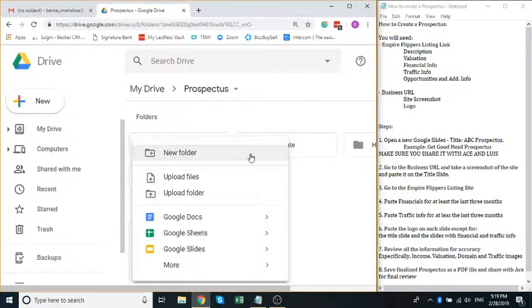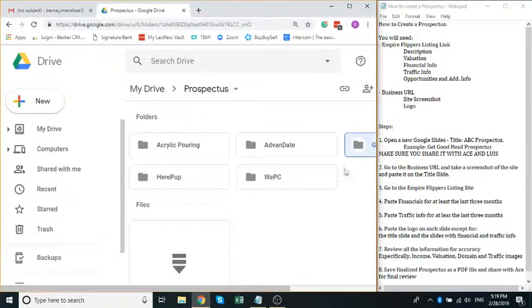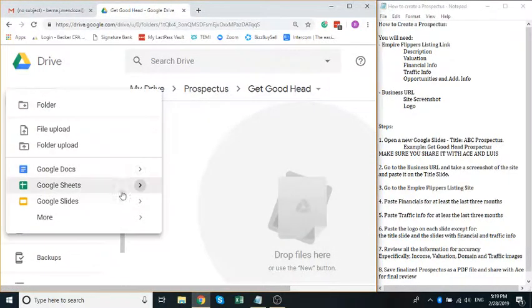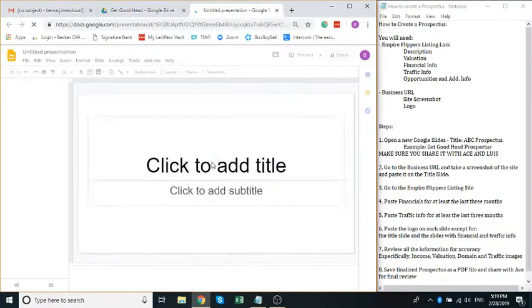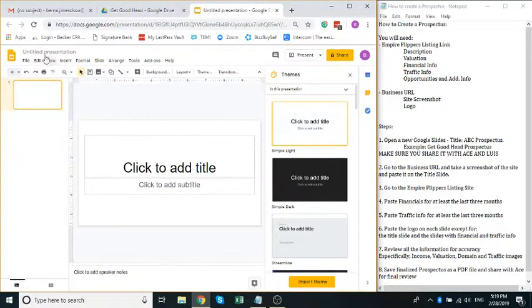Personally, I like to create a folder for each business. So we're gonna do Get Good Head, which is the name of the business. I'm gonna name the folder that, and I'm gonna go into it, and you can create the new Google Slides. And as you can see over here on the notes, we're gonna title it Get Good Head Prospectus. So that will go over here,